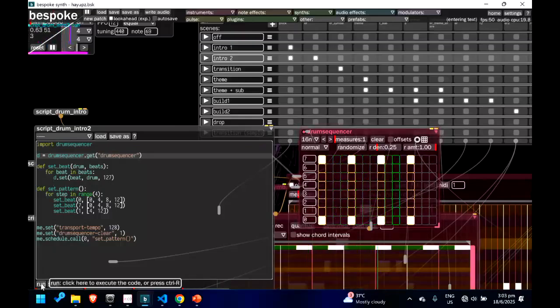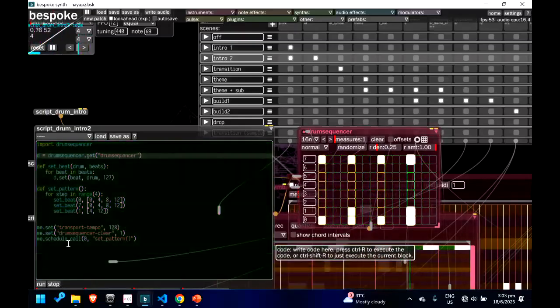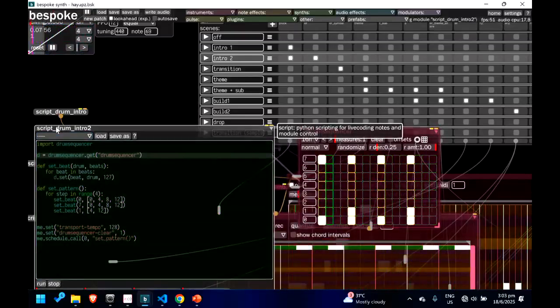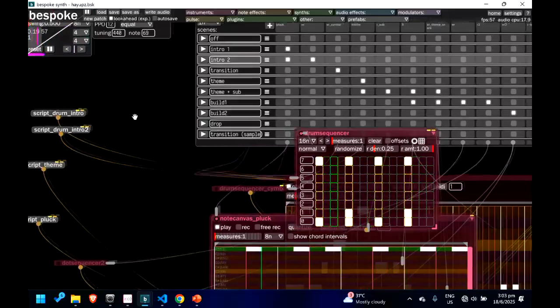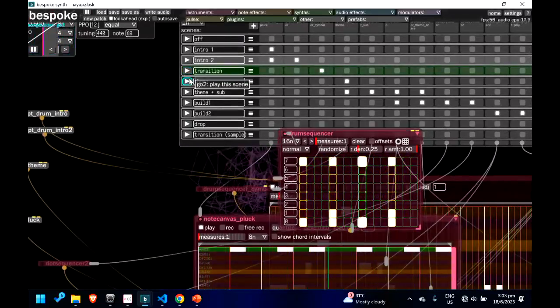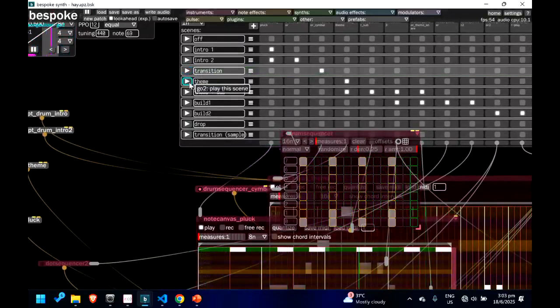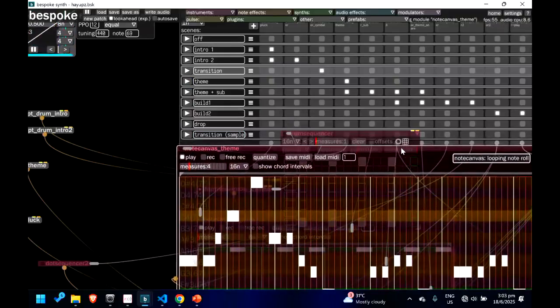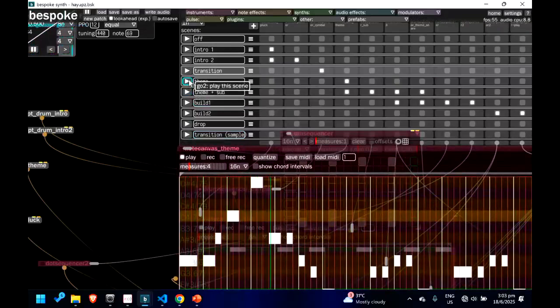Let's say if I run this, it will add the snare, and then you can modulate or add effects as you want. And then some parts you can play nothing, or I'm waiting for the timing. And then